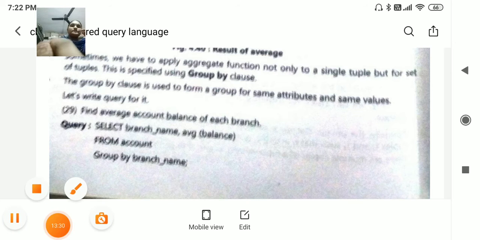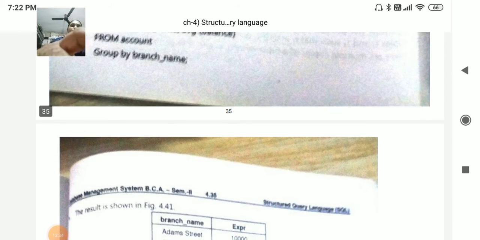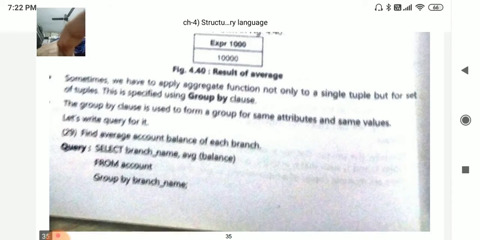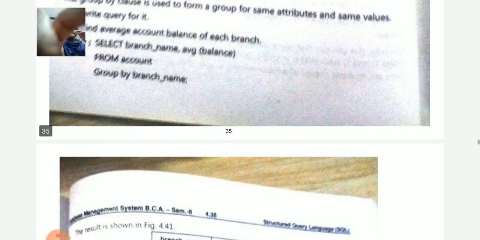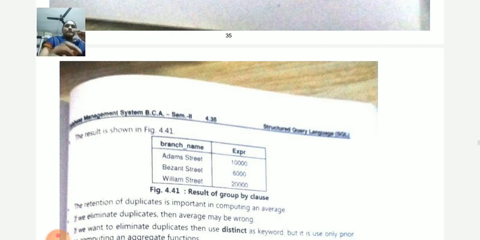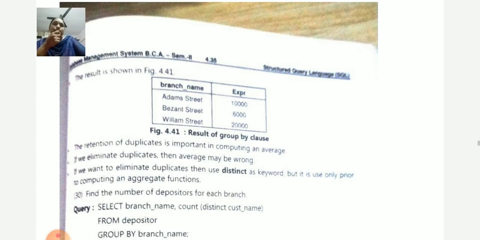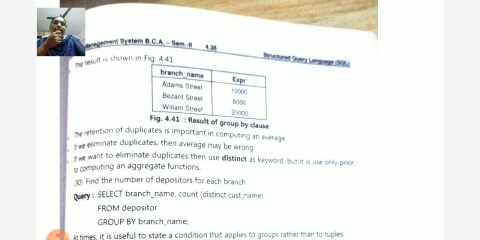This query is fired in SQL, then this will give us an output of the average account balance of each branch. Now see here, the result is shown here, branch name and the average balance. The retention of duplicates is important in computing an average.